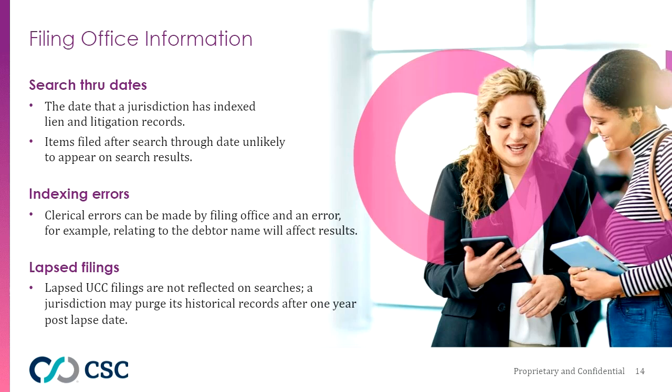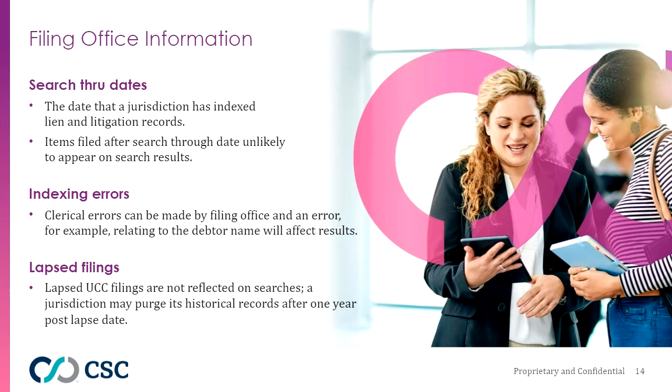So first of all, note the search through dates. Know this: when liens are filed, they do not necessarily become available on public record databases immediately upon filing. In fact, oftentimes there's a week to two week or even longer lag, and you see the lag extend generally in the fourth quarter, as filing volume really increases and it becomes more difficult for the clerks at states to index debtor and secured party information on the record.